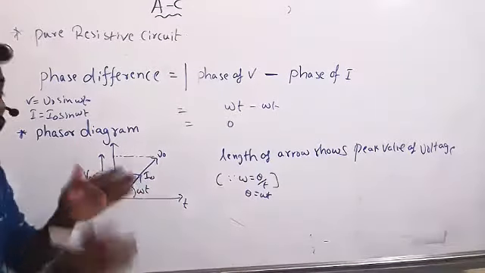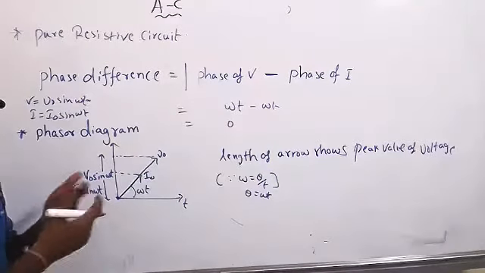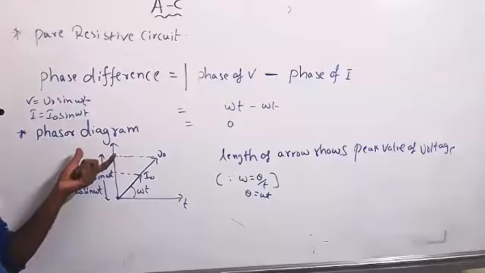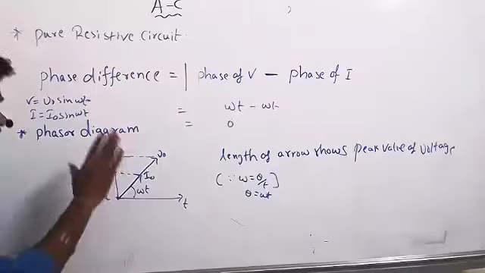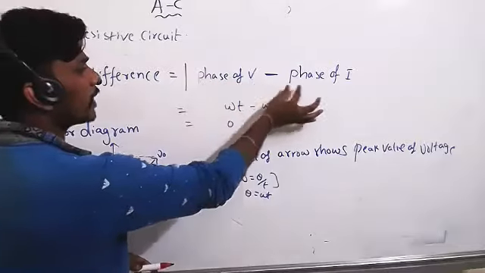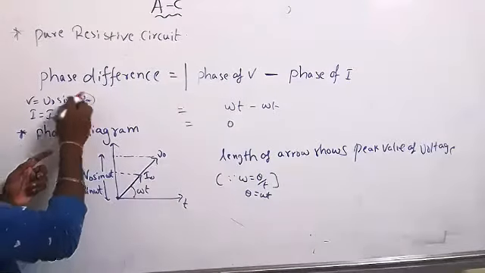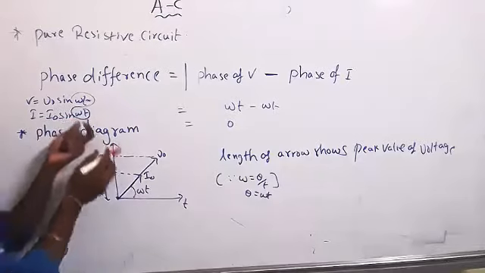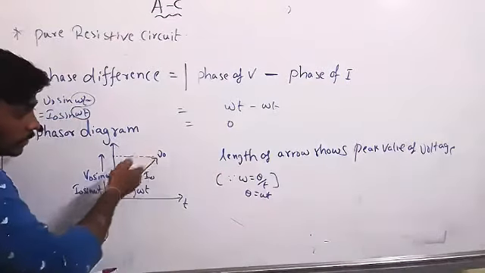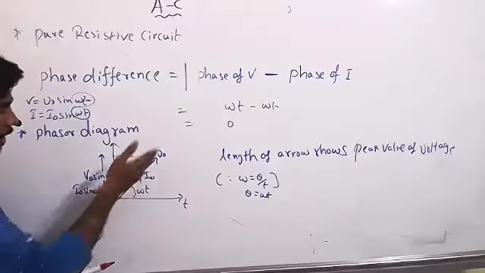It is called the phasor diagram. If you understand clearly what the phasor diagram is, you can draw everything very clearly in what I teach further. Till now, phase difference is nothing but phase of V minus phase of I. Phase of V is the phase in V, and phase of I is the phase in I. Phase difference is equal to 0. So when I drew this V naught, I drew I naught also in the same direction, because there is no phase difference.